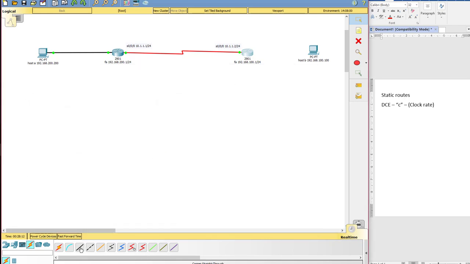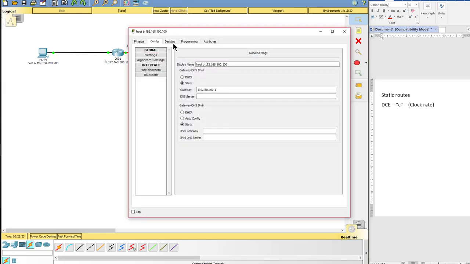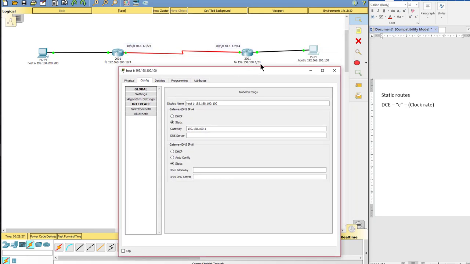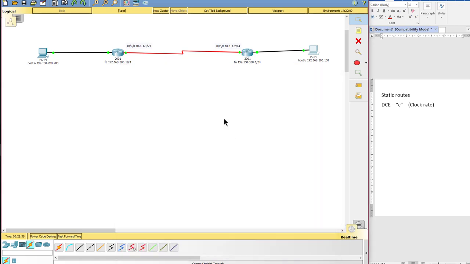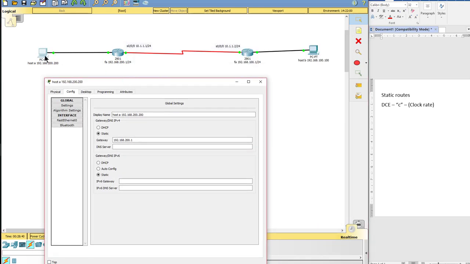Cable. So, oops. From Gig 0/0 to FastEthernet 0/0. Let's double check our config. Default gateway matches up. IP address matches up, statically configured. Same subnet. Alright, so if I were to try to ping between this host and this host, it's not going